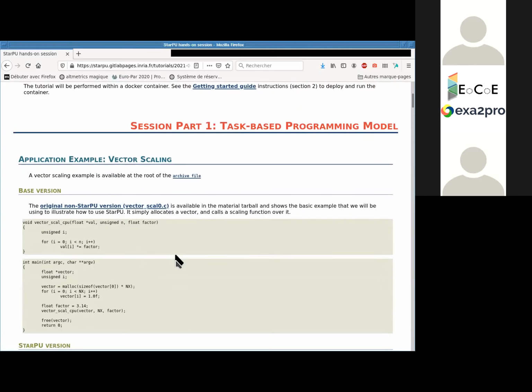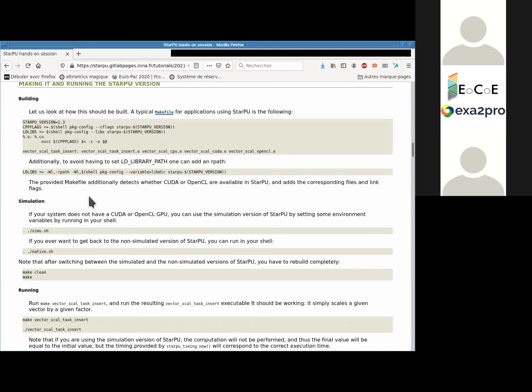So this is explained here when you build. You have a make file, so you just have to run make to build at this point. But you will be able to look at the make file, how you are supposed to use StarPU, so the compilation flags and things like this. And the important thing is to be able to run